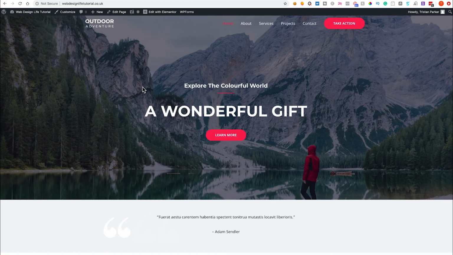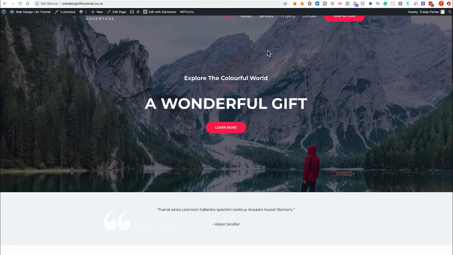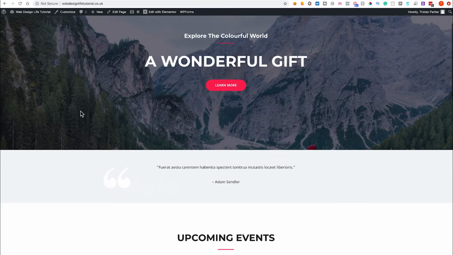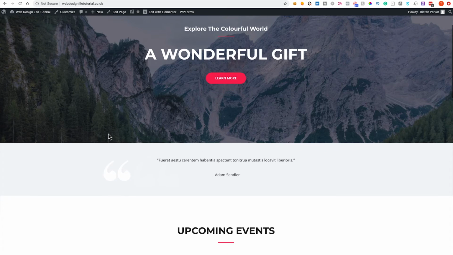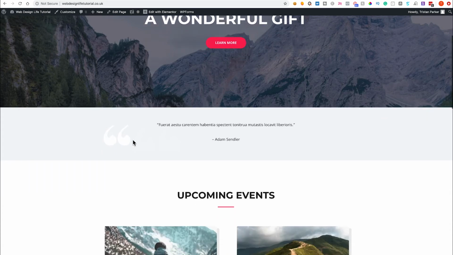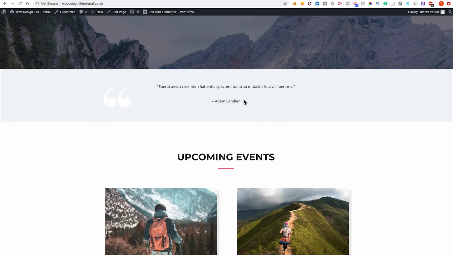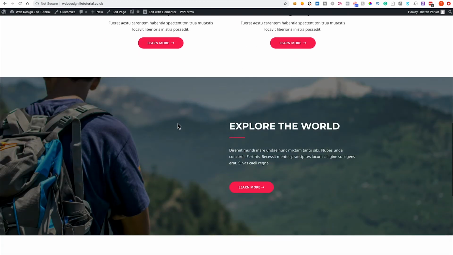Okay, awesome. So the website has finished installing, and this is now how your website looks. So very different to what it looked like a minute ago. You can see that we now have a logo, and we've got some additional pages up here as well as this large red button. Now if I scroll, you'll notice that the hero section has a fixed position image, which gives it that nice parallax feel, and there's a quote or testimonial